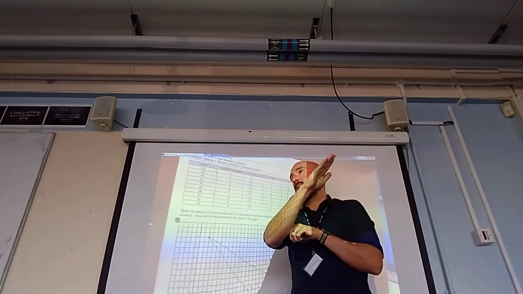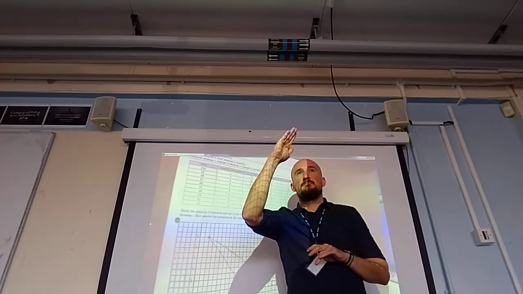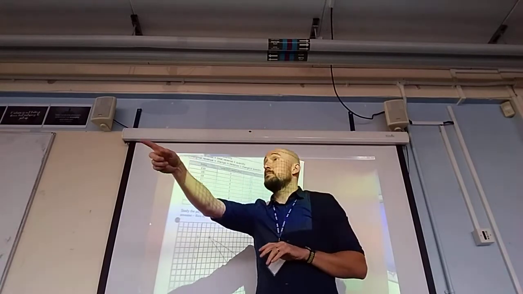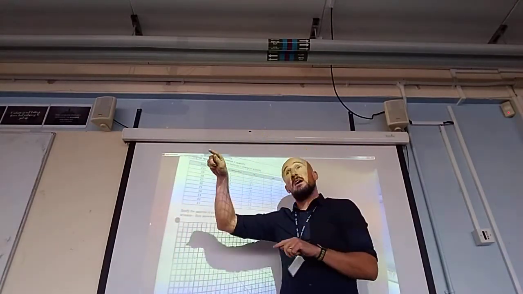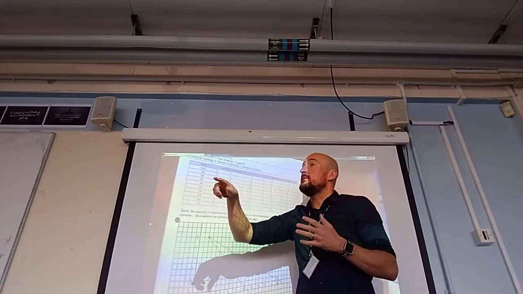Because we've often drawn a demand curve as being straight. Why do you think we've done that in economics? Say that again? Simplify it. You bring a ruler to school, draw a demand curve, I'm done. An actual demand curve is actually going to be a curve, hence why it's called a demand curve, because at certain price points,